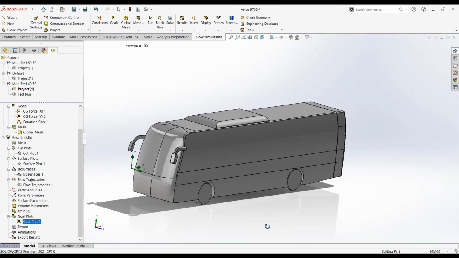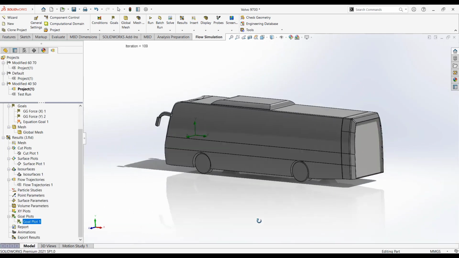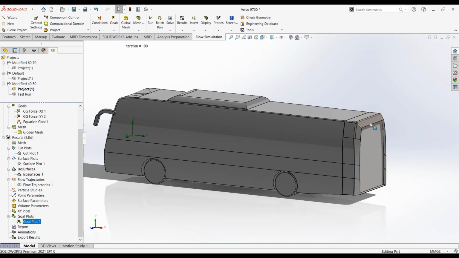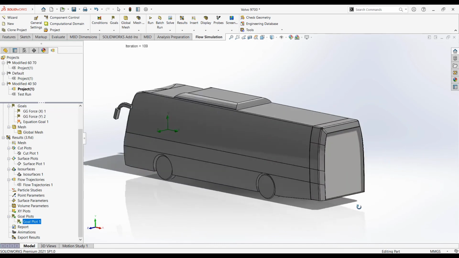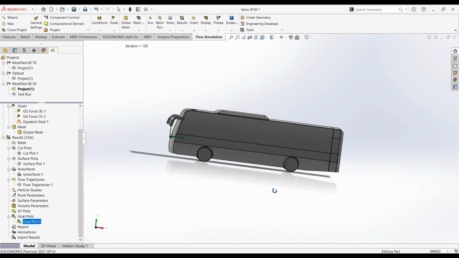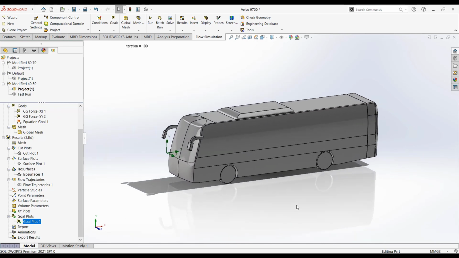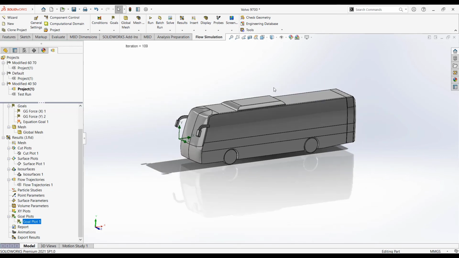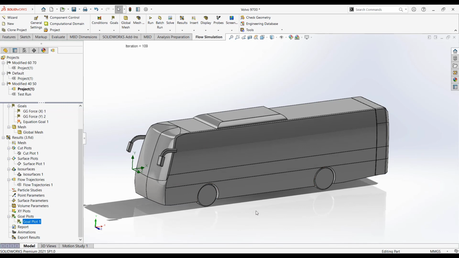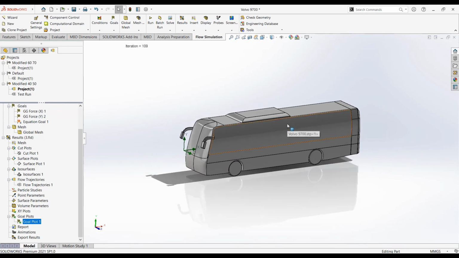So by this we conclude that adding the rear flaps to buses as well as trucks is going to decrease the drag force. By that you can increase the mileage. Every 40 kilometers it's going to save on average 1 liter, so that will be huge for us.